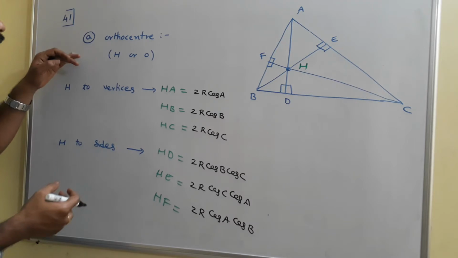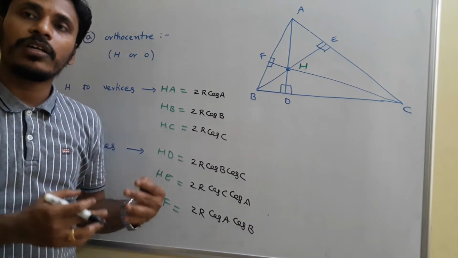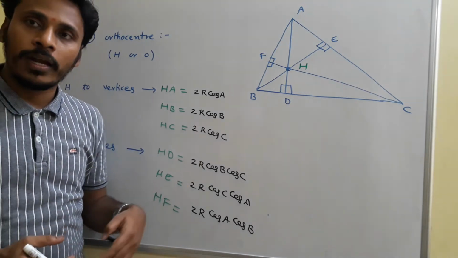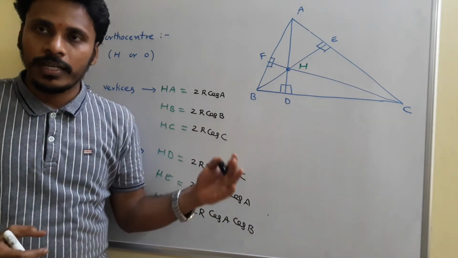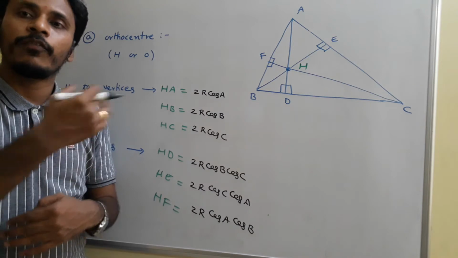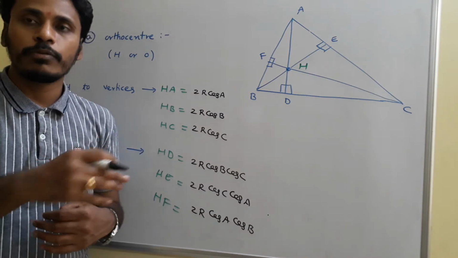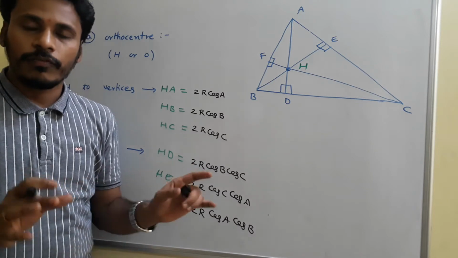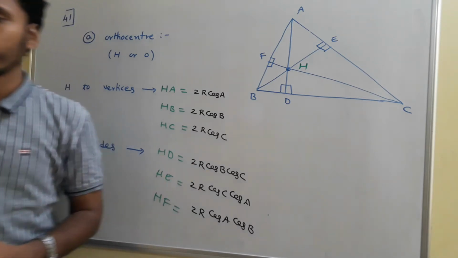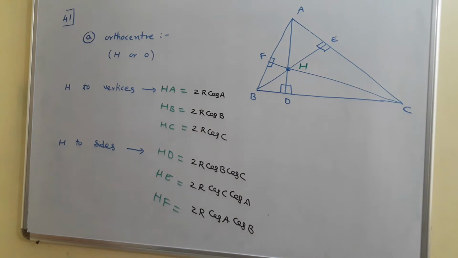And in B, I will observe the distances from the circumcenter to the vertices and the circumcenter to the sides. And in C, the incenter to the vertices and the incenter to the sides. And in the further points we need to solve some simple problems related to these formulas and these distances. And that's for today's class. Just have a look, go for a screenshot.